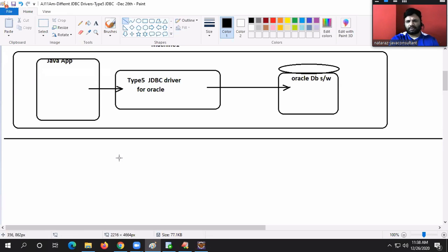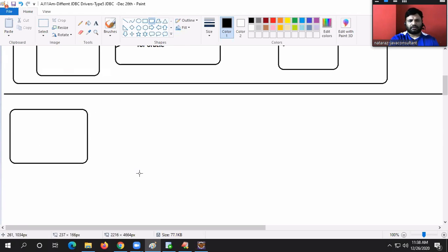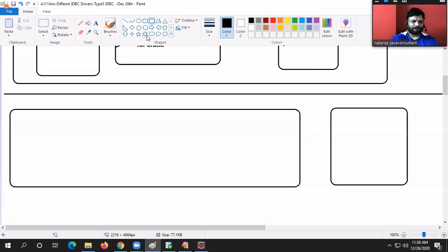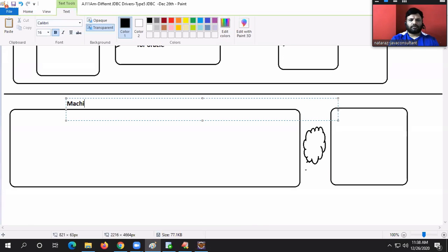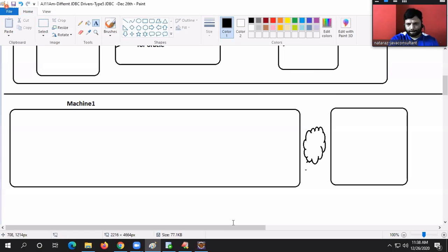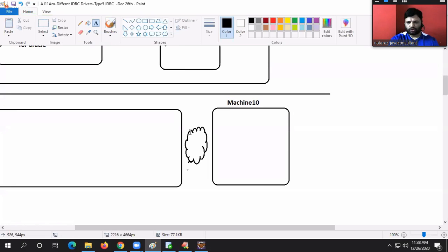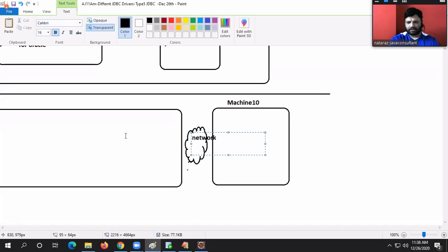I'm taking two machines. Here is machine 1, here is machine 10. Here is my network.